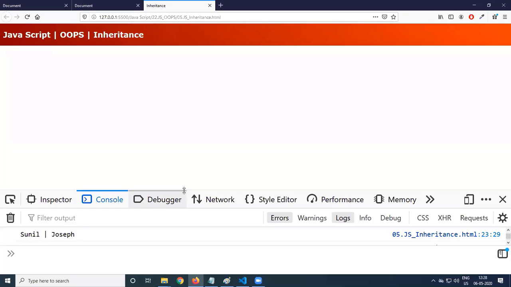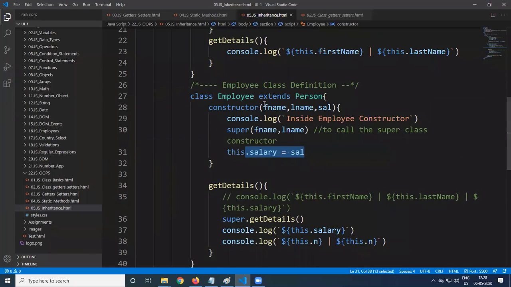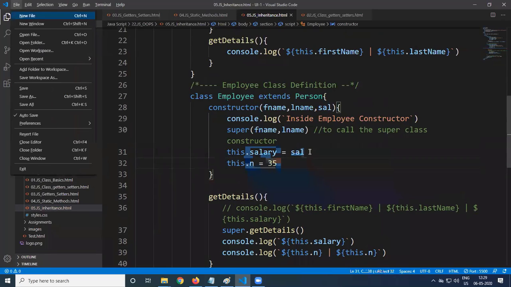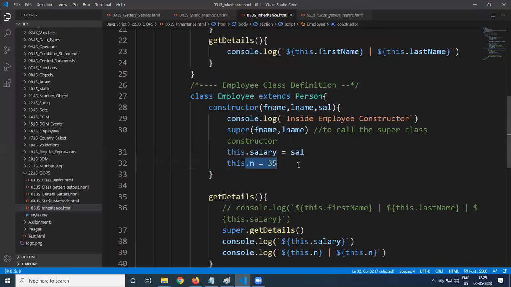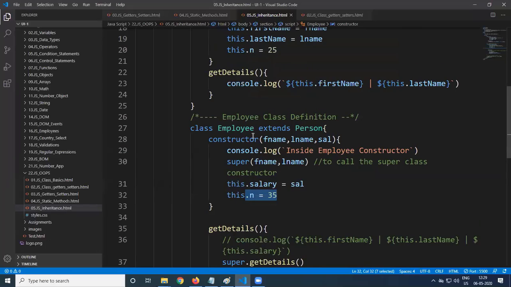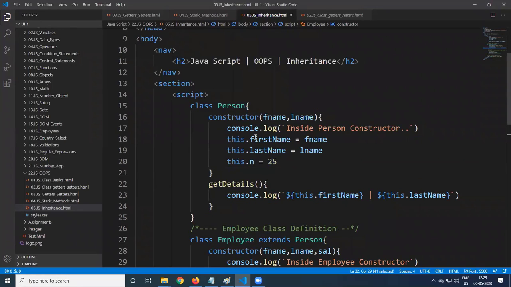All right. Suppose in this also, I am just providing this.n is equal to 35. One is 25 and this we are giving as 35. Now what is happening? We are getting 35. How many properties are there for this object? How many properties are coming for this class employee? 2 properties of its own, salary and n, and also 3 properties of the superclass, first name, last name, and n.